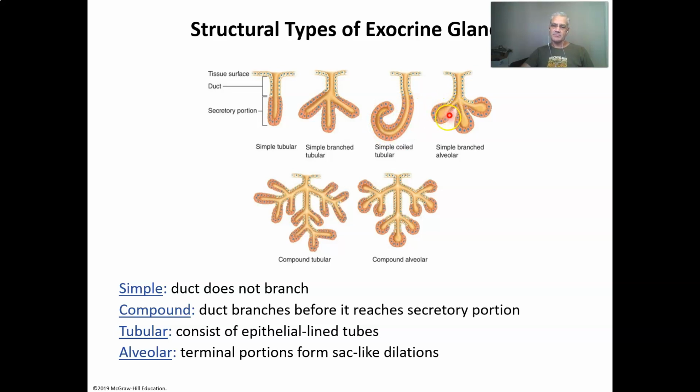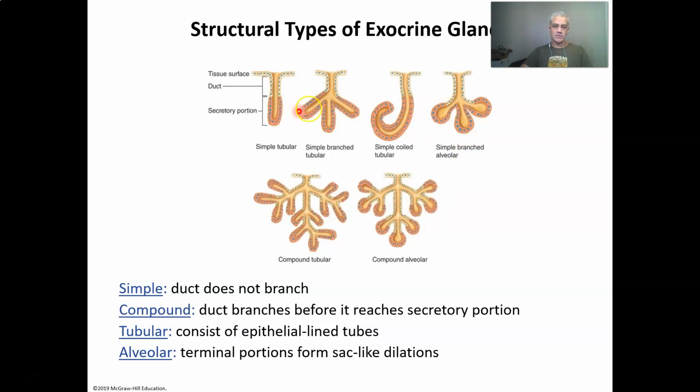Alveolar simply means that you have a bulged out area at the end. But these are all simple glands. They're not highly branched. They typically have just a few tubes that lead to the one exiting duct. Now compound just means we have a branching component to that duct. I'm not so interested that you're able to determine the difference between, say, a simple gland and a compound gland. I'm just more interested that you understand that